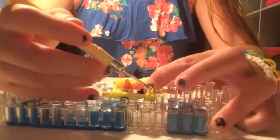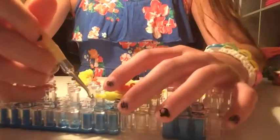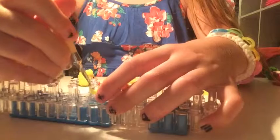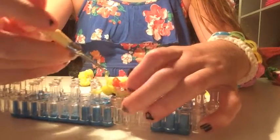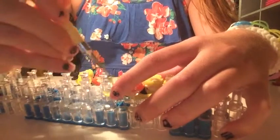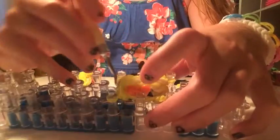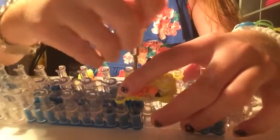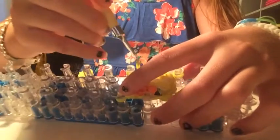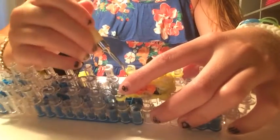So you can tell if you've got the bottom 2 bands and you pull it over. If you get the top 2 bands, it will look like this, and you'll be taking them off. So you want to get the bottom 2 bands and pull them through, because you can see the bands are through the bottom 2 bands. So push your hook around on every pin if you need to, and then pull the bottom 2, oops, that was the top 2, pull the bottom 2 over,